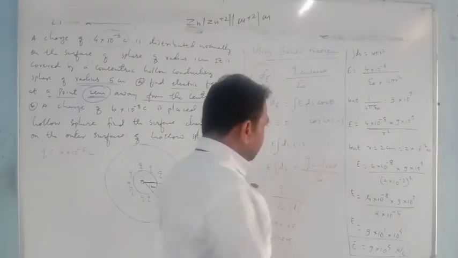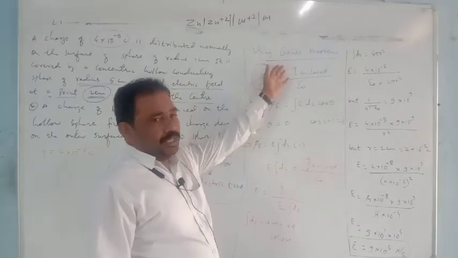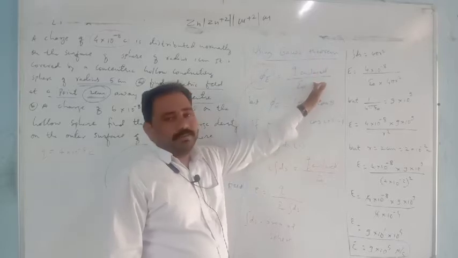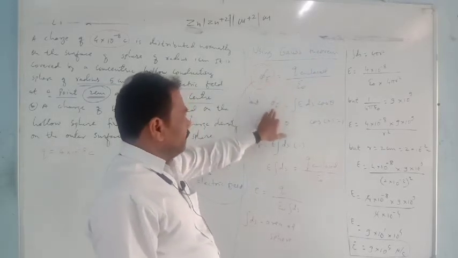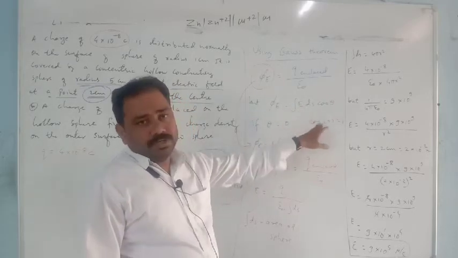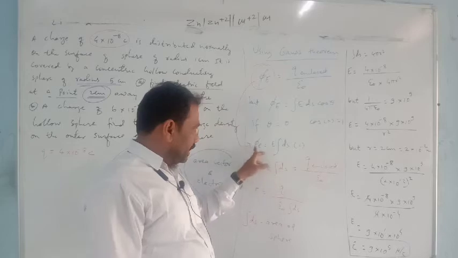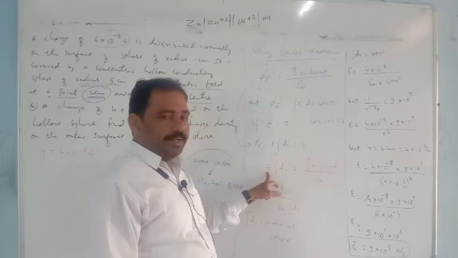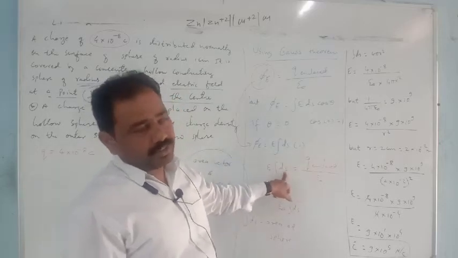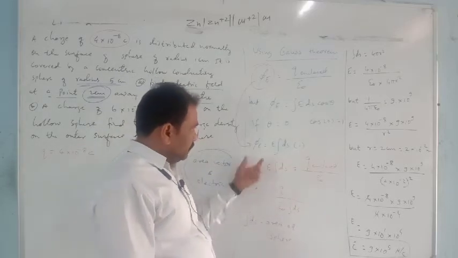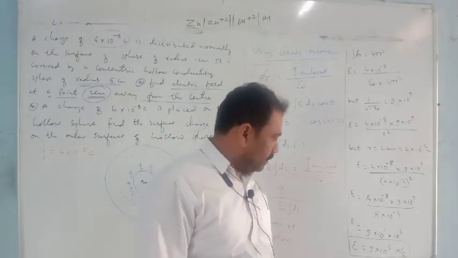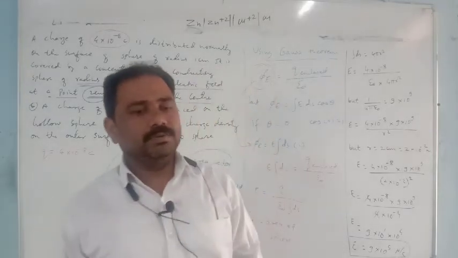So to find the electric intensity we consider Gauss theorem: electric flux is exactly equal to enclosed charge divided by epsilon naught, and we know the electric flux is nothing but the integral of E dS cos theta. Here theta we consider 0, so cos 0 is equal to 1. Therefore we get electric flux is equal to electric field intensity into the integral of dS. dS stands for here what? Unit area. So using these mathematical concepts, finally we get E is equal to 9 into 10 to the power 5 Newton per Coulomb.